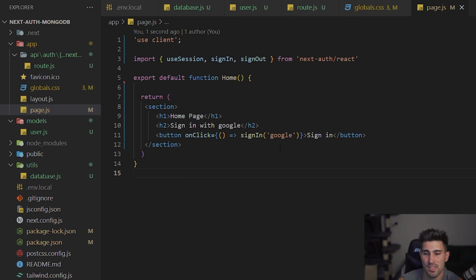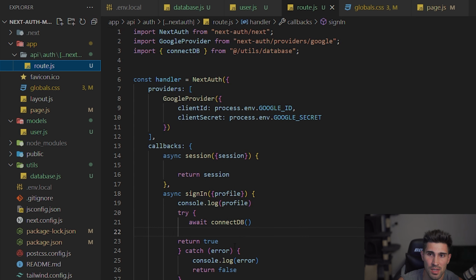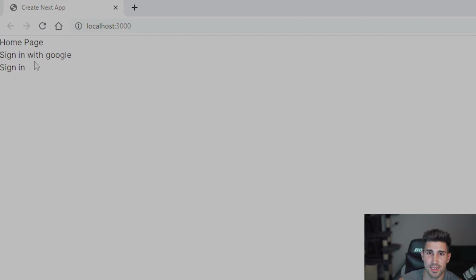So what we could do here is we have, we're not tracking the session yet, which is not a big deal. We're going to sign in with Google. And then when we sign in, it should call these callback functions here. And we should be able to get the profile, and we're going to console log the profile. And the console log should pop up inside of our VS Code editor, since it is a server-side page. So I'm going to move localhost 3000 over. We are going to click sign in with Google, and it should redirect us to an OAuth consent screen, which allows us to log in with our Google accounts. And if that doesn't work, we could obviously troubleshoot it. So we click sign in,